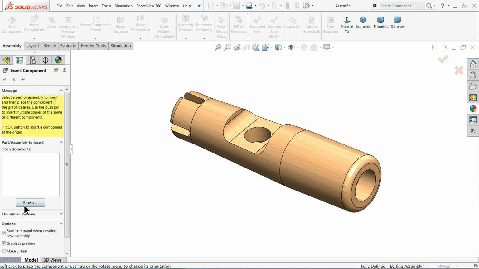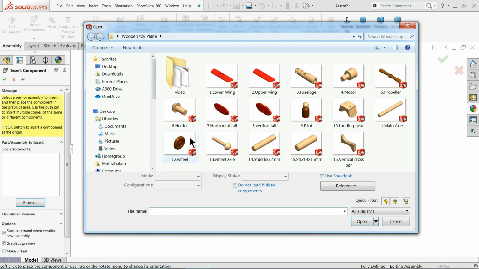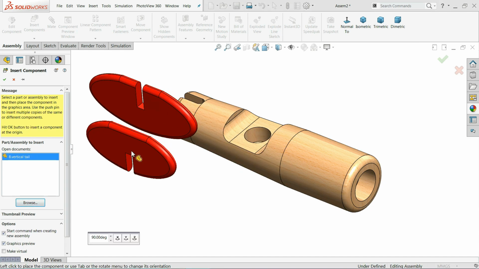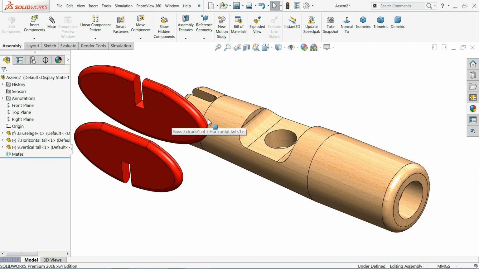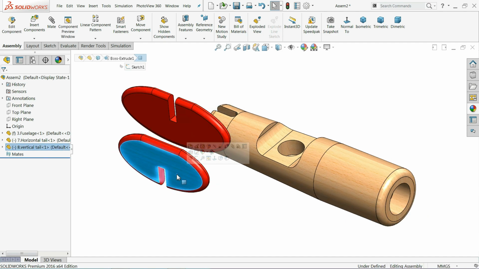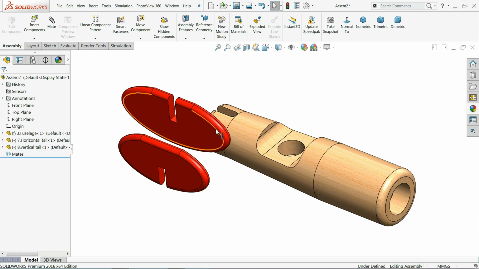Insert component, browse. Now these next 2 parts we will use. Select both the parts, vertical and horizontal tail, because we will fix them here. Okay, so this is the horizontal, this is the vertical, so we will fix the vertical first.